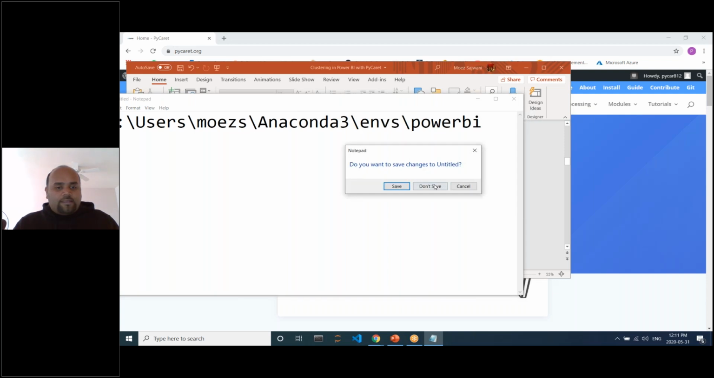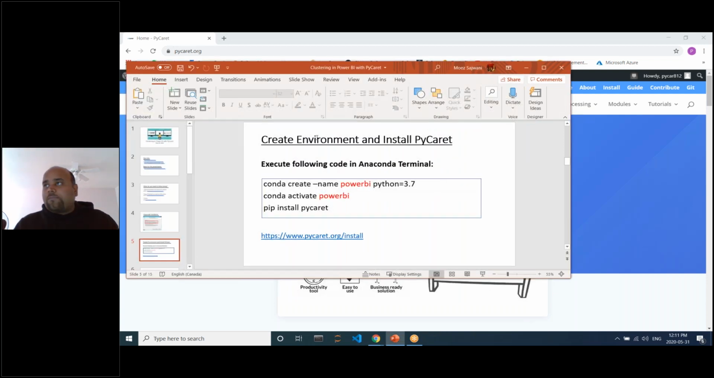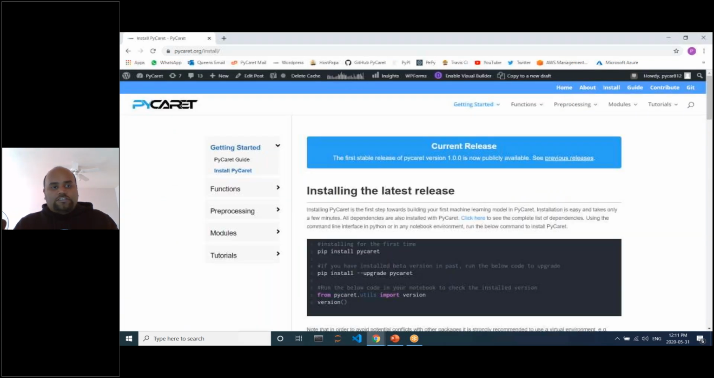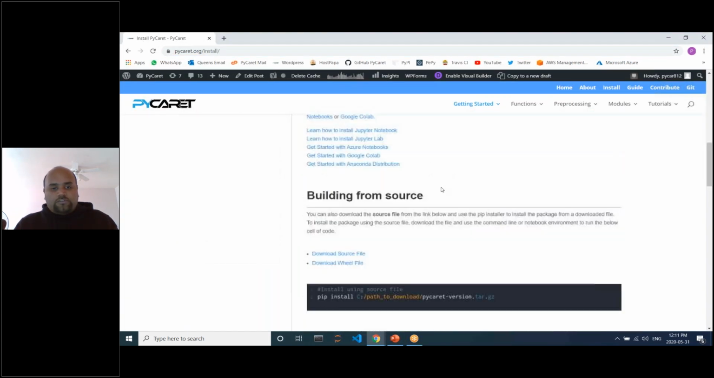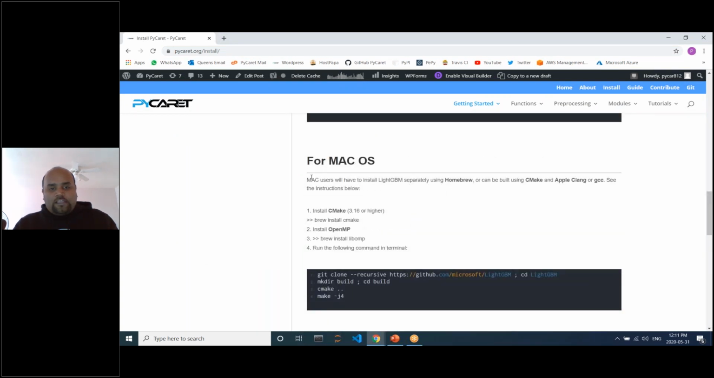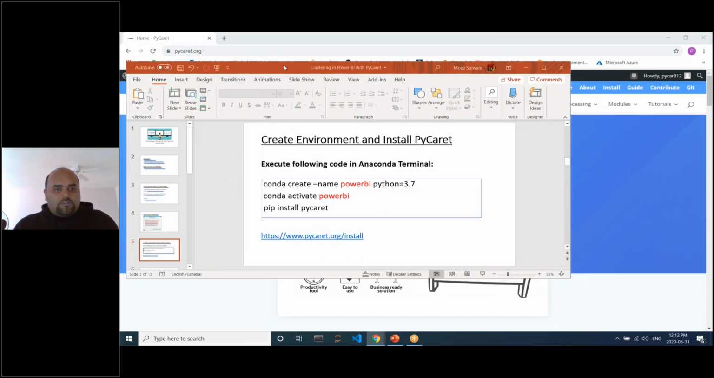If you are using Mac and if you face issues in installing PyCaret, you should check out our pycaret.org/install page and scroll down towards the very end. There is some instruction for Mac users because PyCaret uses Microsoft's LightGBM open source framework, and they have different distribution settings for Mac users. So you have to build it using the GitHub repo of Microsoft's LightGBM. Anyways, so assuming all this is done now,